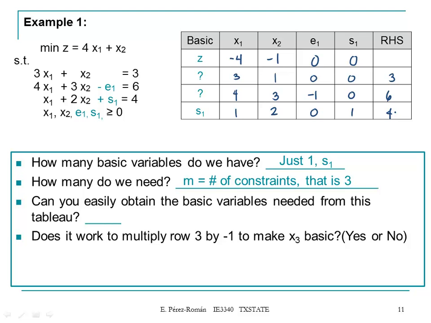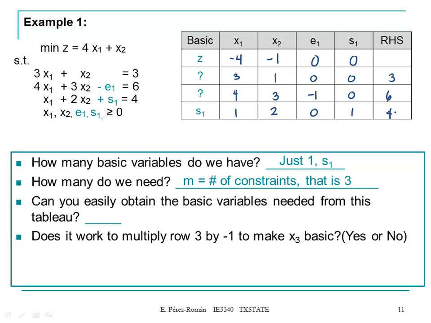Okay, so by now we only have 1, but we need 3. So the way the tableau is right now, it's impossible for us to find an initial solution because we only have 1 basic variable and we need 3. Okay, so can you easily obtain the basic variable needed